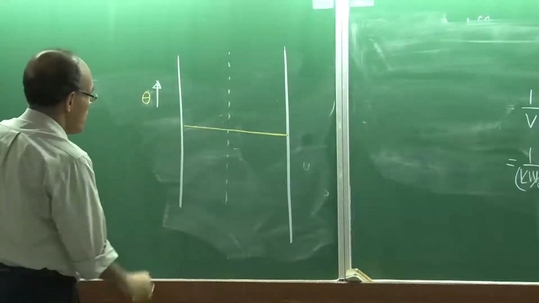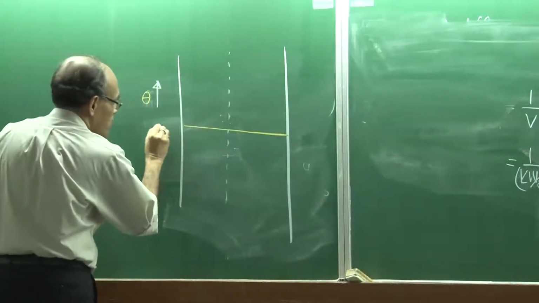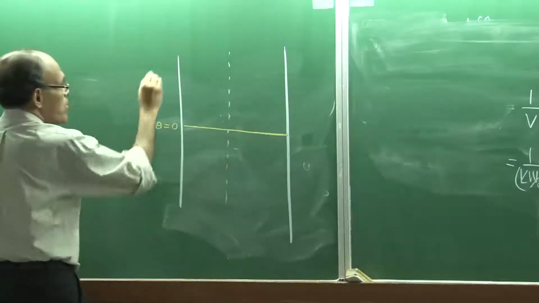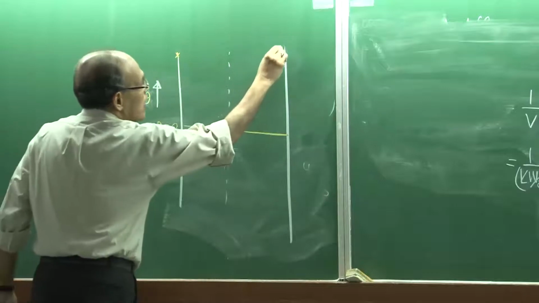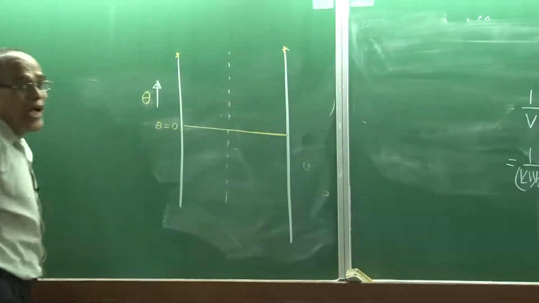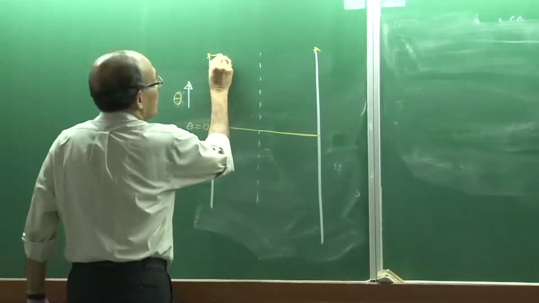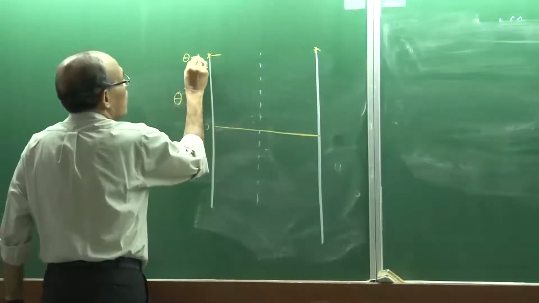Suppose theta is equal to 0, this is our horizontal line of uniform concentration, and theta is equal to the surface value. As I have indicated, the steady state solution will be theta is equal to this,